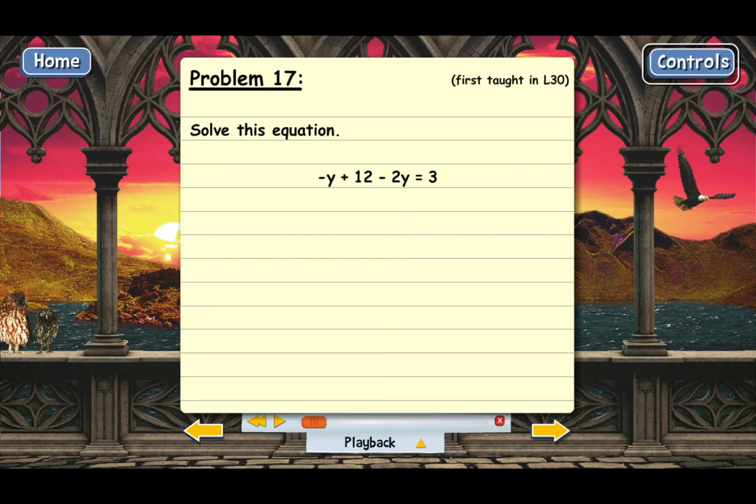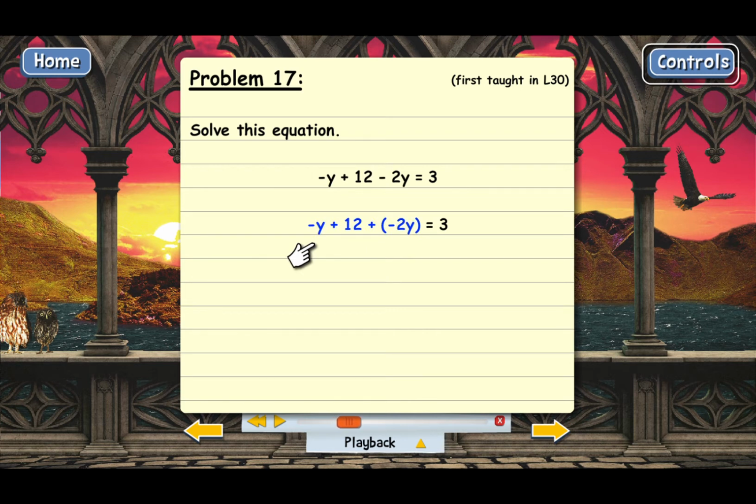Problem 17, we need to solve this equation. And here you can see that we have two y's, and so those will need to be combined before we can start undoing. And the first thing I'm going to do here is to change this subtraction to addition of the opposite. Now, that was an important step because notice that all of the terms on the left-hand side are